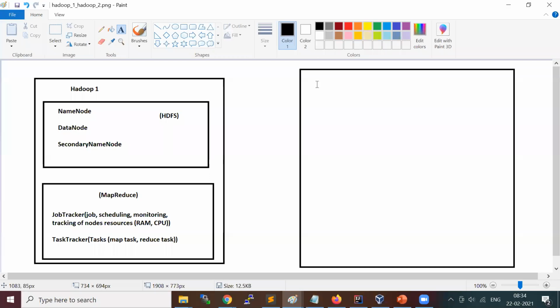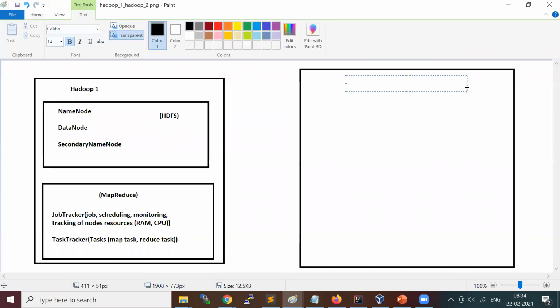Okay, so in this session, we are going to start the Hadoop installation on the Ubuntu operating system, the VM which we created on our local machine. We are going to set up a single node Hadoop setup. Basically, we have a single VM created with Ubuntu, so we'll create a single node Hadoop.